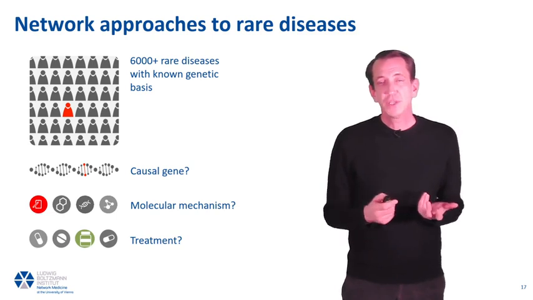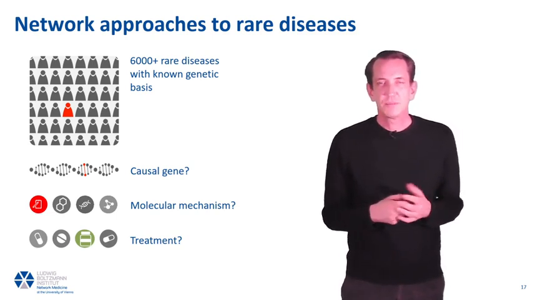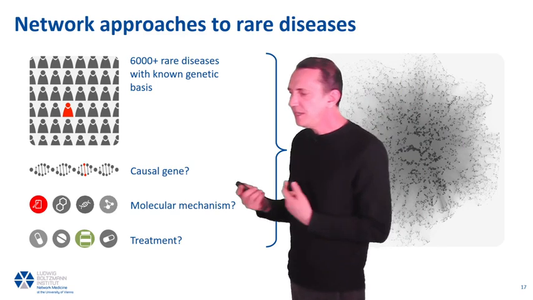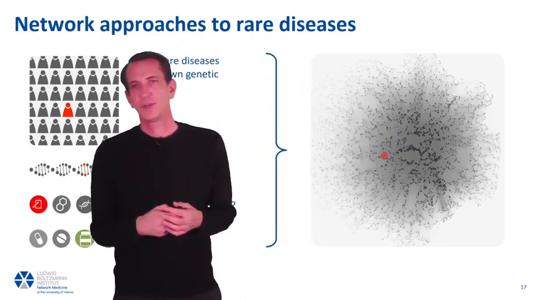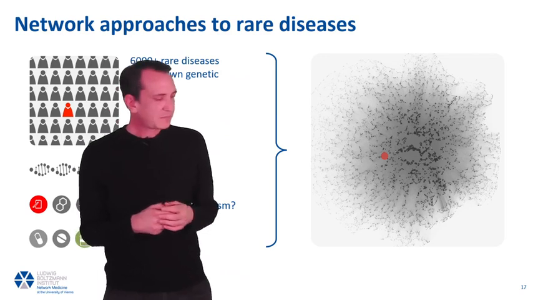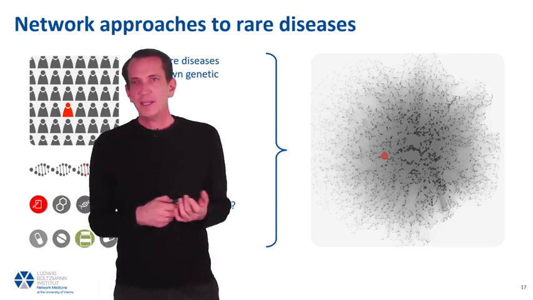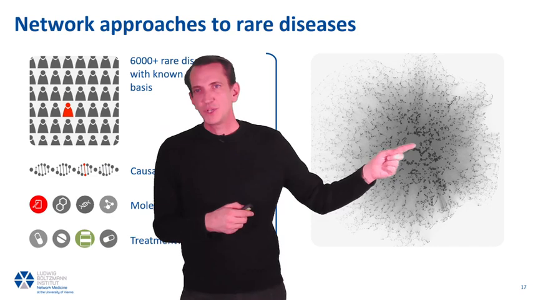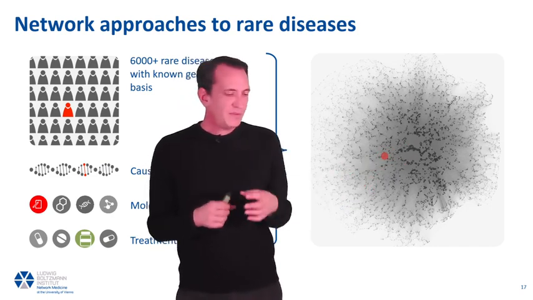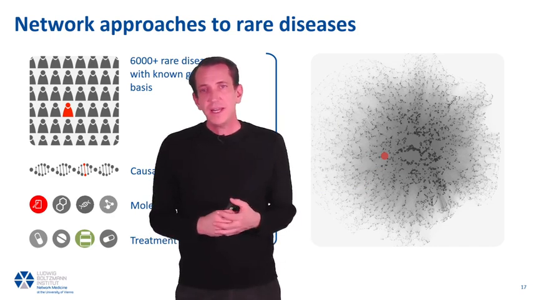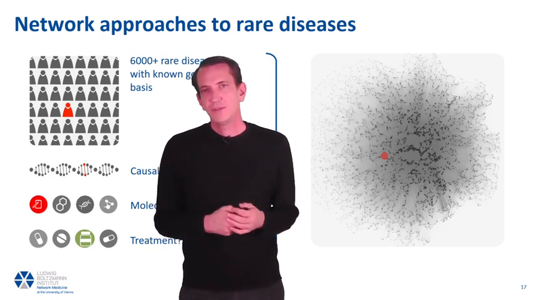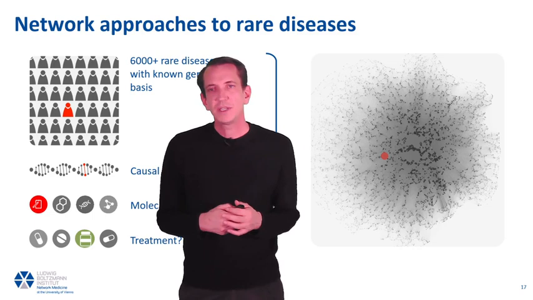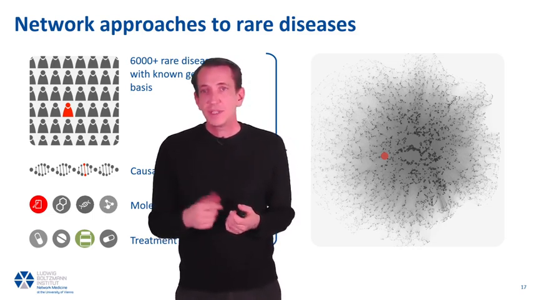And of course, finally, what can you do about it? So what can you learn from the molecular mechanism about potential treatment options? And all of these questions can be translated through these four metaphors that we introduced before. So the first is that when we're looking for the most likely candidate that is actually causing a disease in a particular patient, we should be looking here at the center of this network, because we have learned that the genes that are more at the periphery are less likely to have an important impact if mutated. So we can use this basic understanding of the structure of the molecular network to refine our prioritization strategies